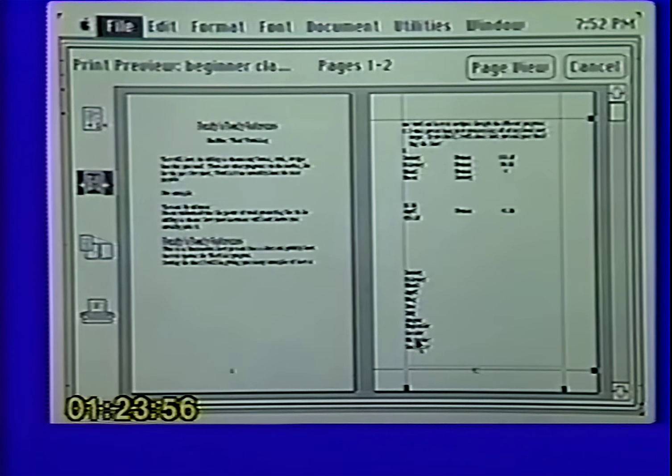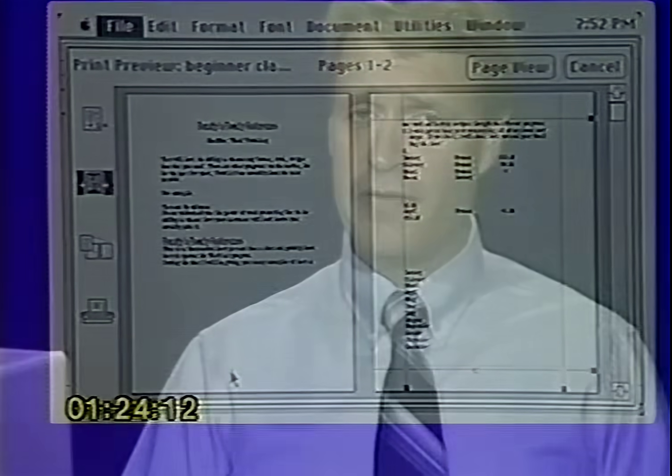Now some of you that are going to be watching this tape figured out how to put page numbers in your document. And I would guess that not very many of you figured out how to take them off. In fact, I ask all my classes when I teach, have any of you figured out how to take the page number off your document? And of all the classes I've taught, I've only ever had one person raise their hand and say, I did. And I said, how did you get it off? And he said, I used whiteout. So let me show you how to get that page number off.